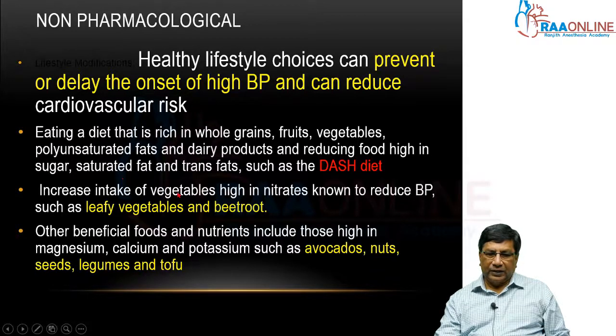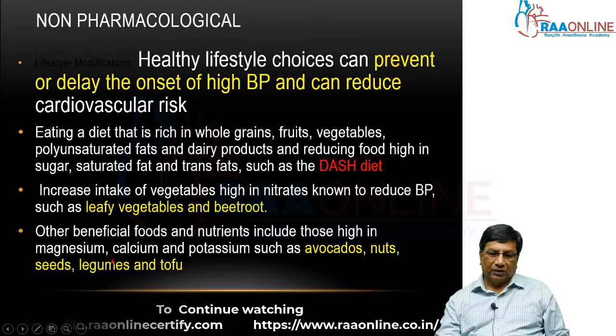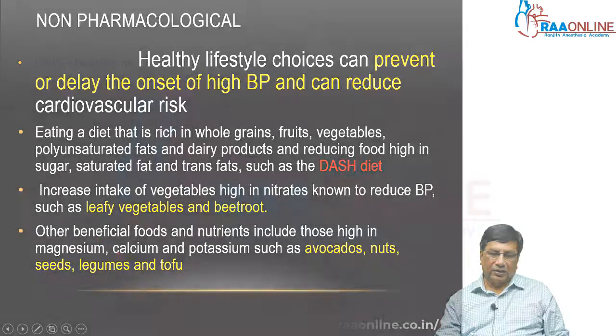Intake of vegetables high in nitrates is known to reduce blood pressure, such as leafy vegetables as well as beetroot. These are high in nitrates. Other beneficial foods and nutrients include avocados, nuts, seeds, legumes and tofu, which are rich in magnesium, calcium and potassium. So the minerals from the natural source, the